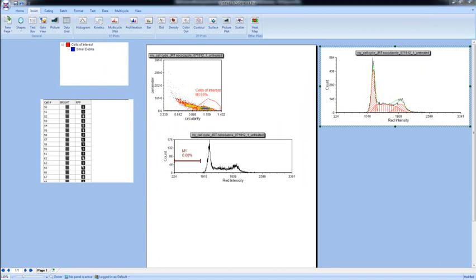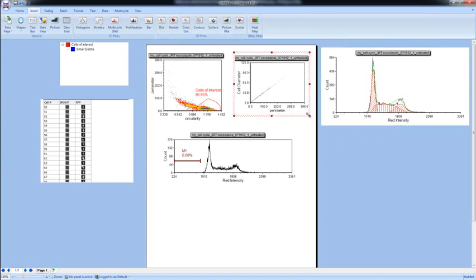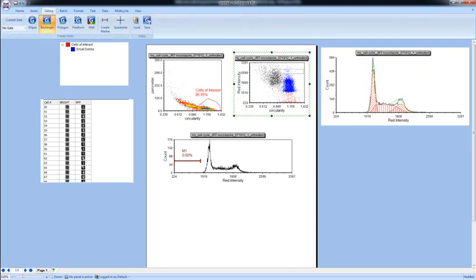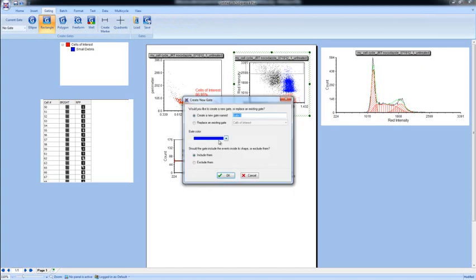Now, the one last artifact that we discussed is that you can also have cells that are overexposed, or cells that fall on the very high end of the histogram. So let's insert one more type of plot, a color dot plot. On this color dot plot, let's look at red intensity versus circularity. And you notice that we do have a number of cells appearing on the very bright end of this red intensity marker. So let's grab all those cells on the top, color these orange, and call these